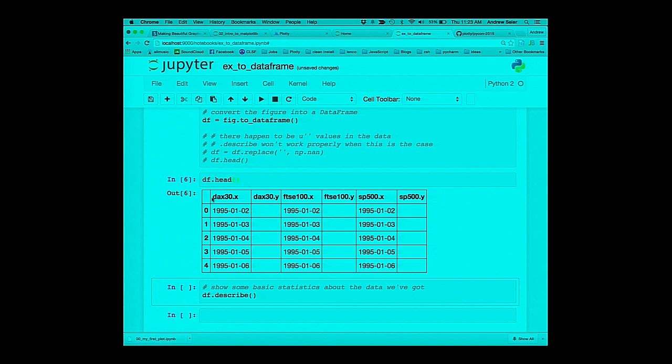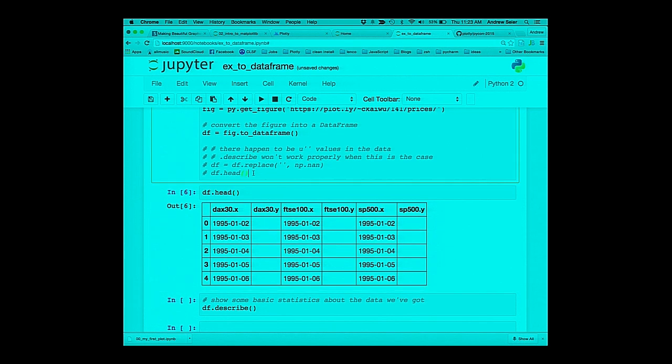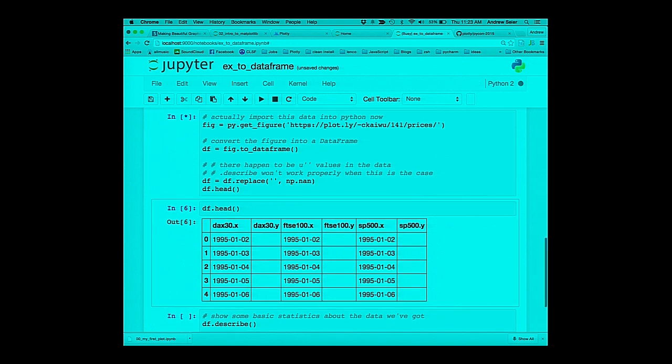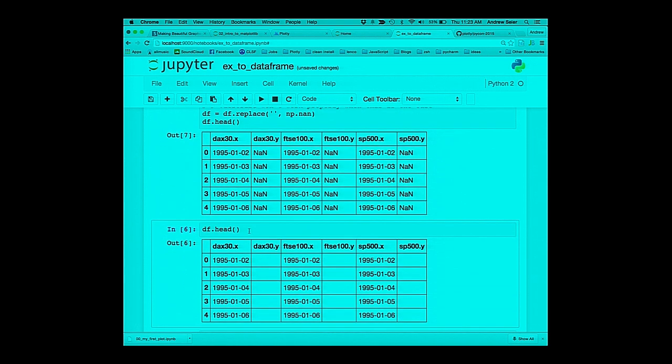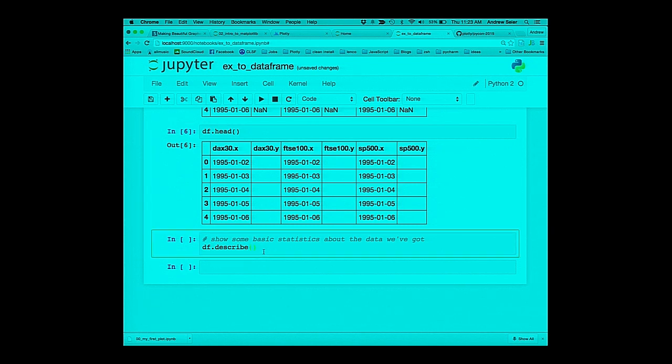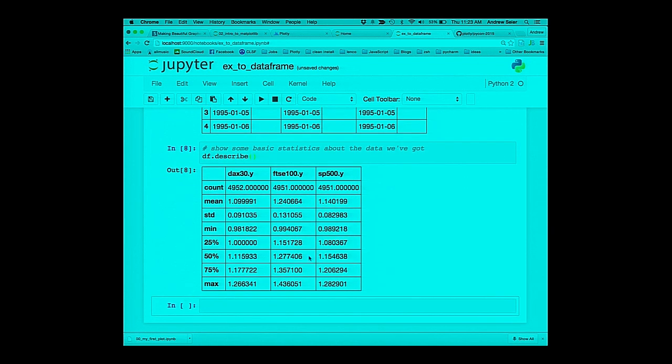So basically I got back X, Y, and it's not in a great format, but it's what you have, and you can then kind of massage that in pandas to do what you need to do. I'm also going to replace these empty string values with NaN, just so that we can run describe on it in a second. And then down here, super fast, you can look at the statistics, which is pretty cool